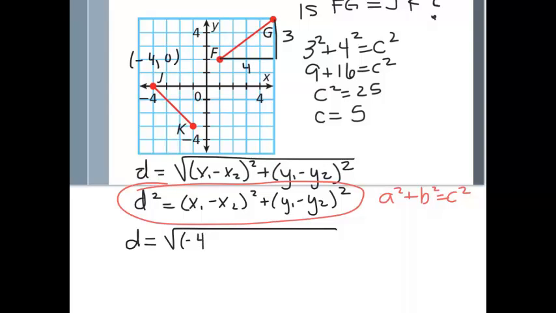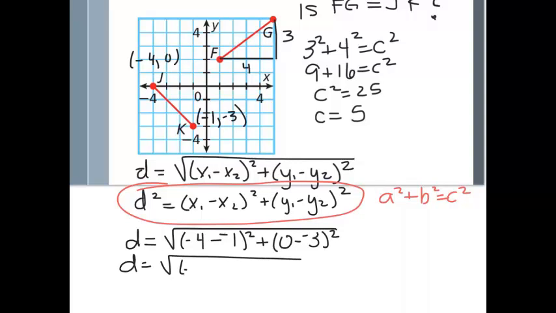So -4 minus -1, which is -3, be careful with those minuses and those negatives, squared, plus 0 minus -3 squared. So distance equals the square root of -3 squared plus 3 squared, which is